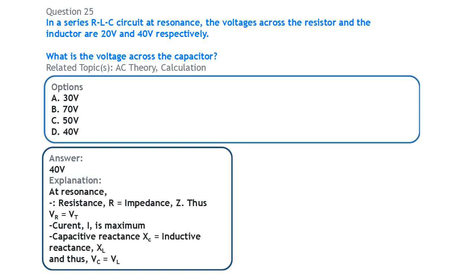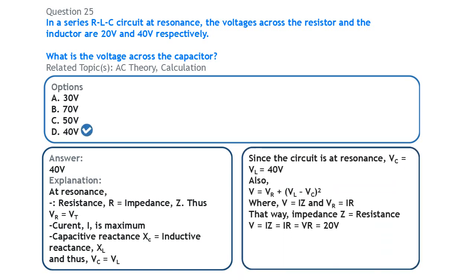Alright, so in an RLC series circuit, at resonance, the resistance R is going to be equal to the impedance Z. The current I passing through that circuit is going to be maximum, and the capacitive reactance will be equal to the inductive reactance. Now if the capacitive reactance is equal to the inductive reactance, that means that the voltage